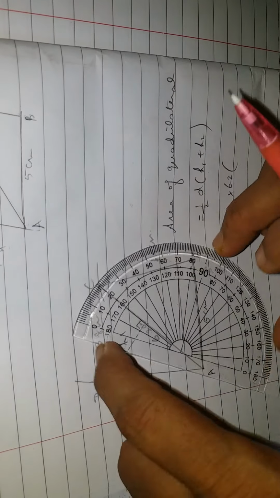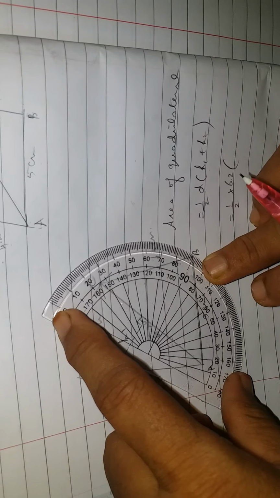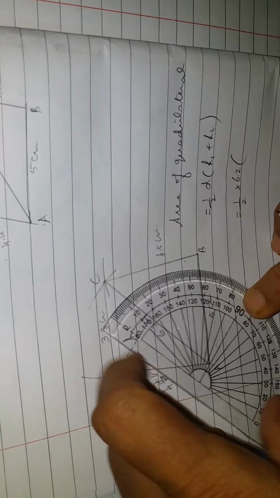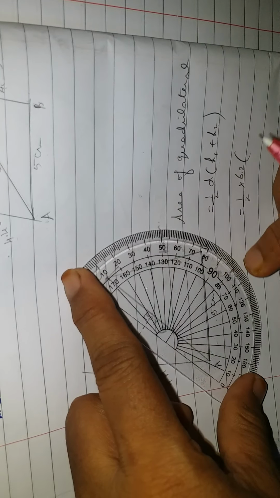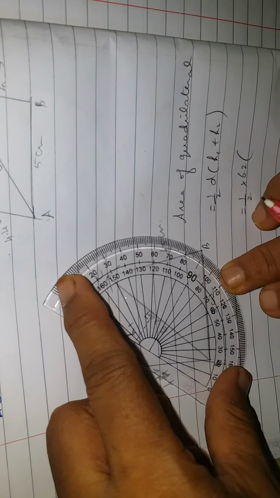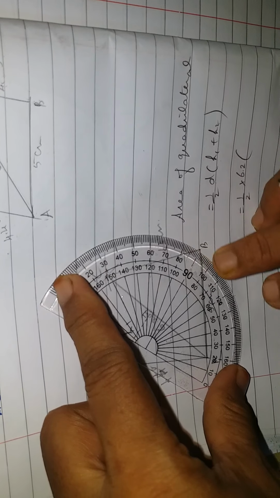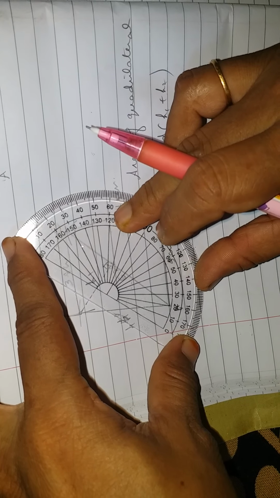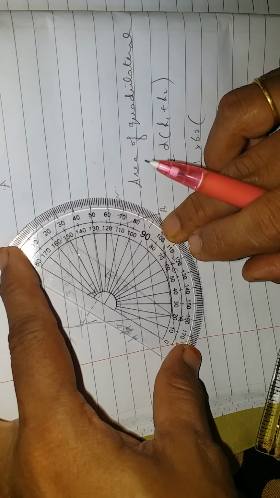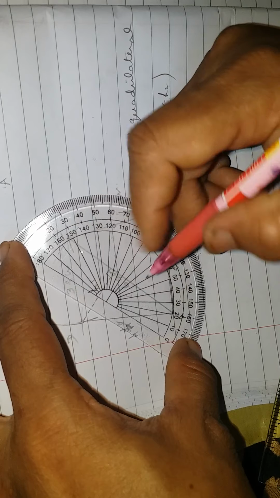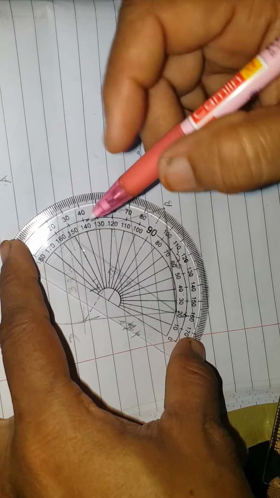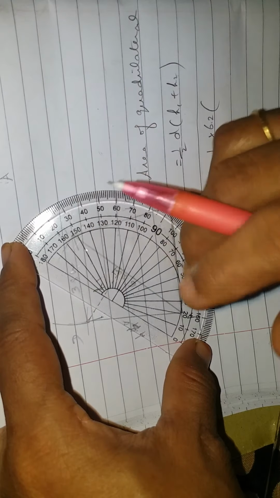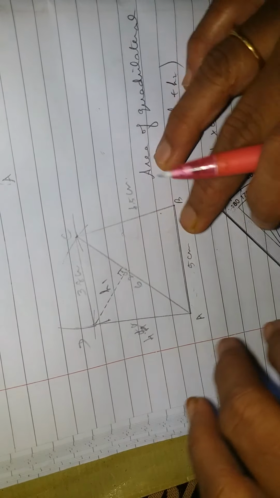Now you keep your protractor like this at point B. So see that your line is parallel to this line, that is parallel to the diagonal also. So you see here it touches the point B, that is 90 degree, and more or less it must be parallel to your diagonal. It is not exact, so you can see here is your diagonal. So I am keeping my point here straight to this point. Okay, now you join this.